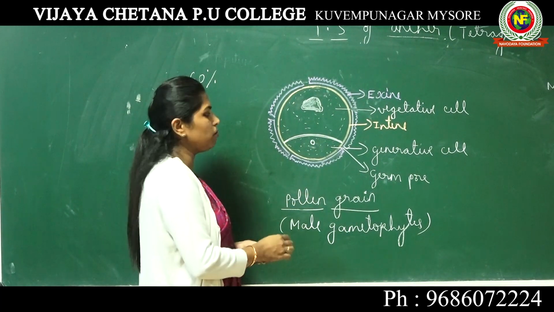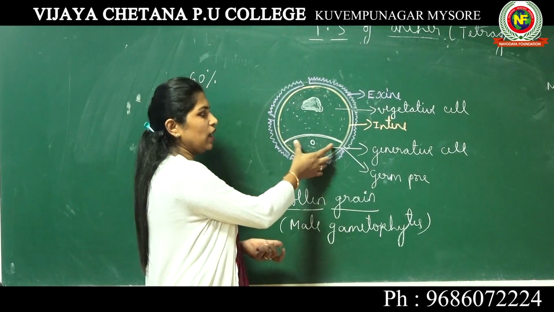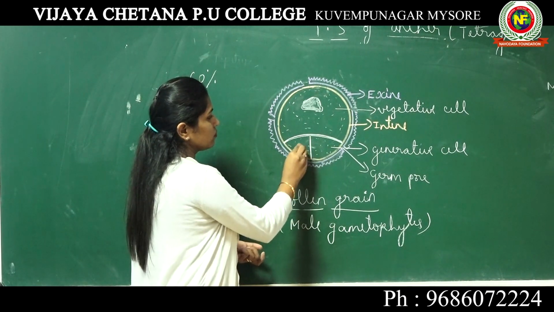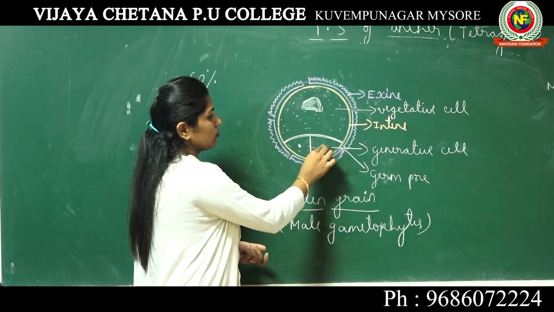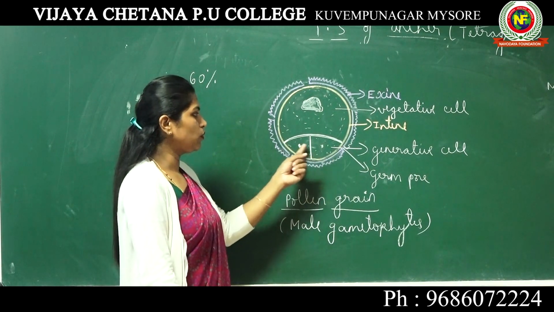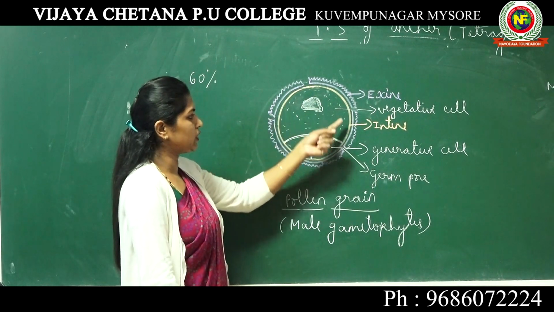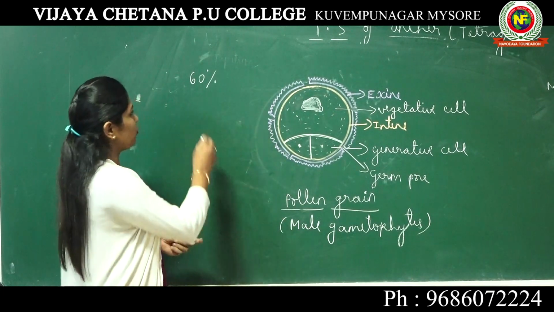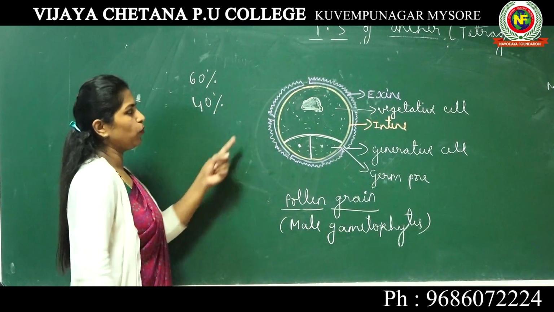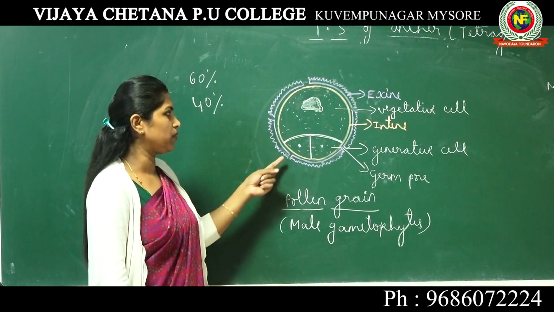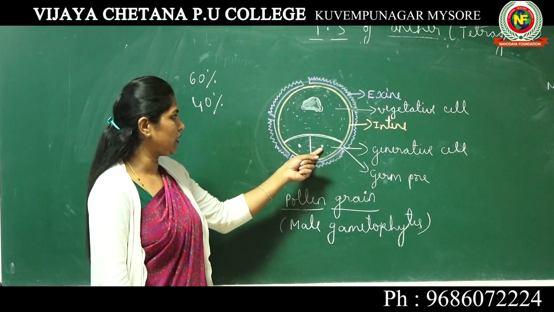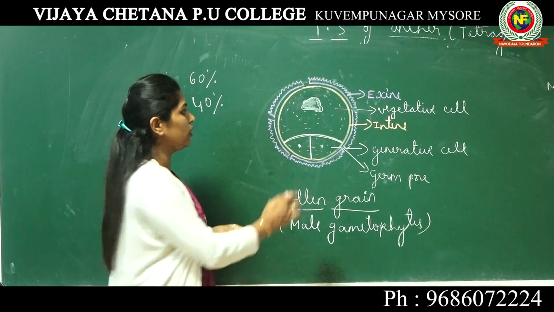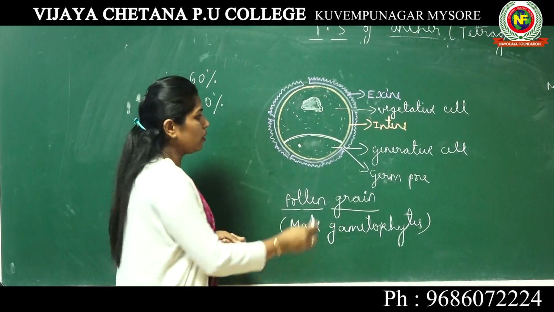Here they are two-celled. Where did the third cell come from? Generally, this generative cell again undergoes a mitotic division and gives rise to two cells. So this stage can be called the three-celled stage of pollen grains. 40% of the angiosperms shed pollen grains, that is, release pollen grains out of the anther, at this three-cell stage, whereas 60% of the angiosperms release pollen grains from the anther at only the two-cell stage.